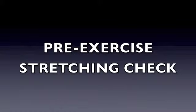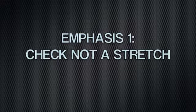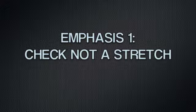A pre-exercise stretching check is essentially a check to see whether there's correct muscle balance prior to exercise. There's three main points of emphasis. The first one being that this is a check, not a stretch. It's not promoting static stretching. It's merely a check to see if there's any areas of additional tension which could be corrected prior to starting